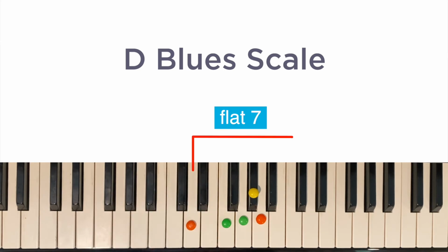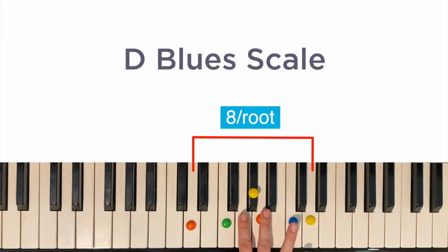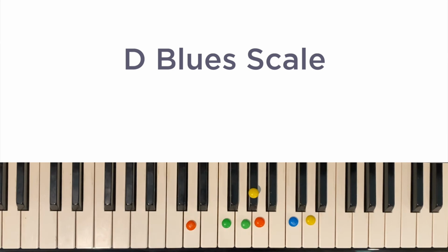And then I'm going to play a flat 7th. The 7th note of my scale would be a C sharp in the key of D. But if I'm making it a flat 7th, I'm going to play C natural and then go up to my root again one octave higher. So this would be what my D scale would look like if I were following that formula. I'm going to take these away now and let's go through it the second way that I showed you,